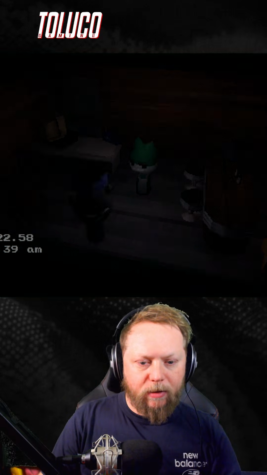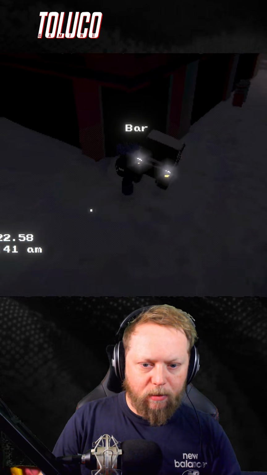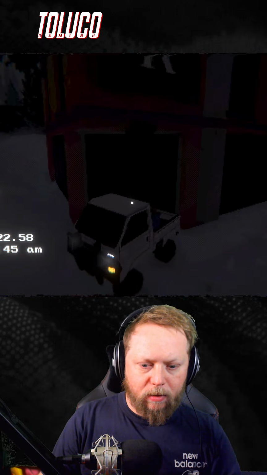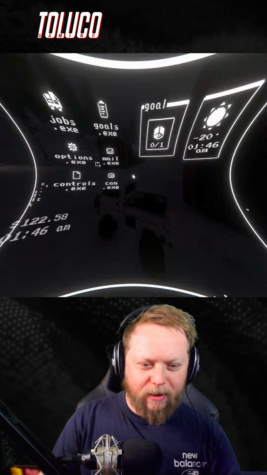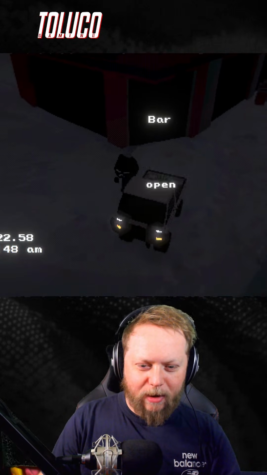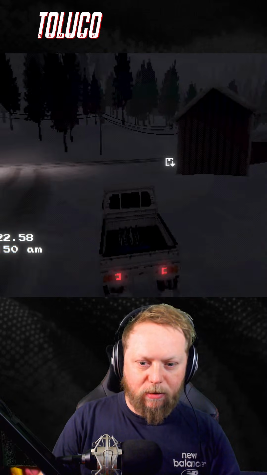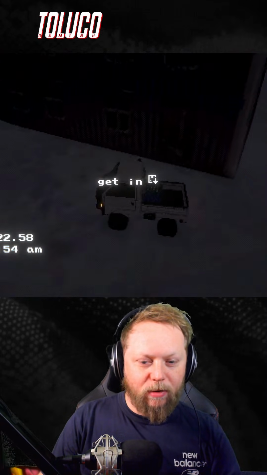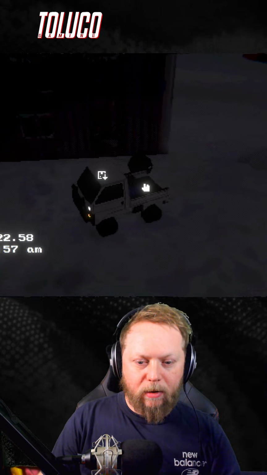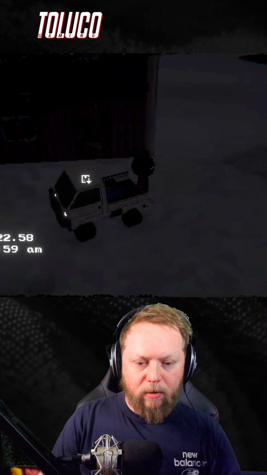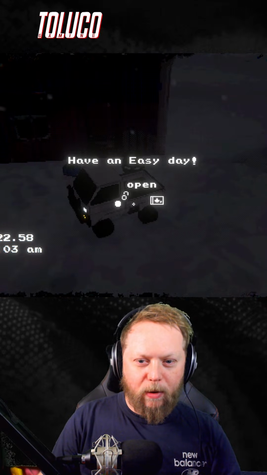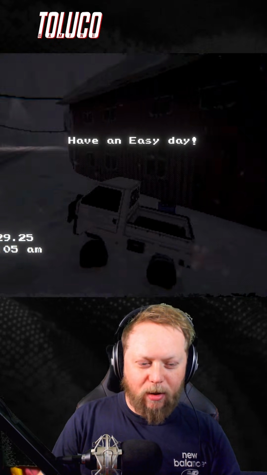Oh, there we go, look. So this delivery is pretty much to... Oh, in the truck. It's going where? Look, it's going here. Damn it. I need to drive because it's too cold. Look at that delivery. Easily the quickest one I've done. Open. 0.18 kilometers.